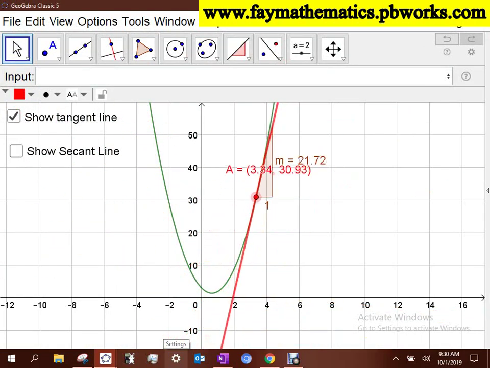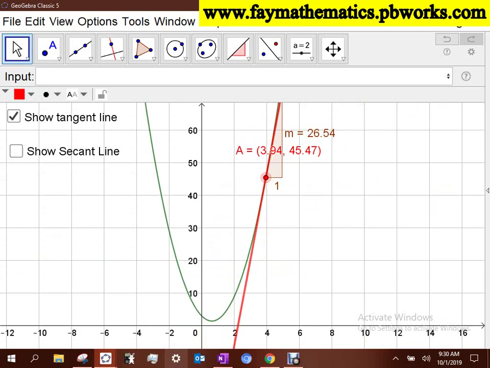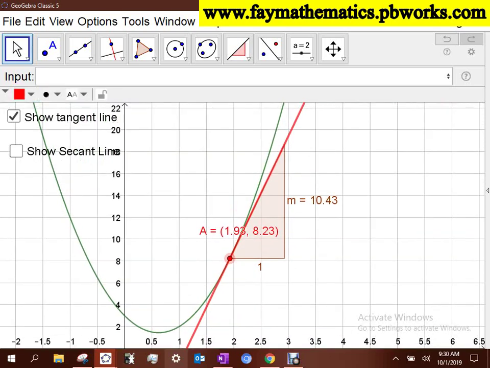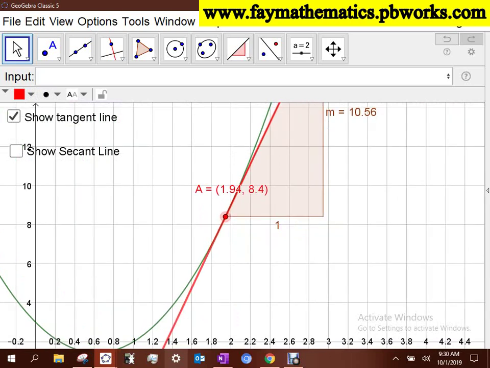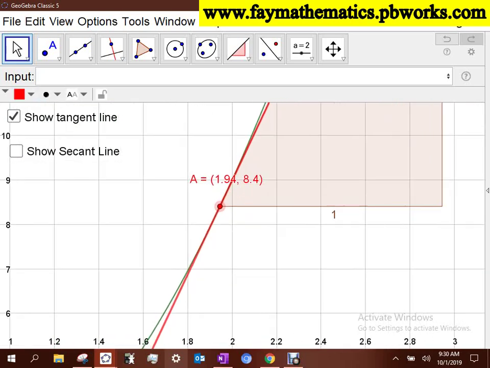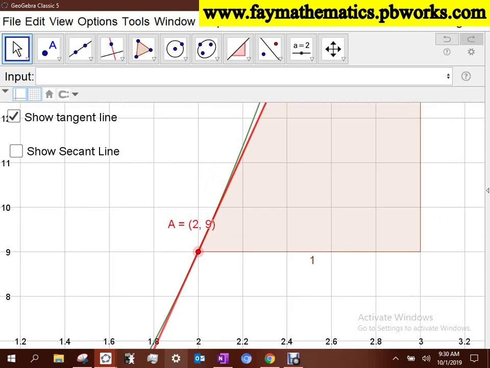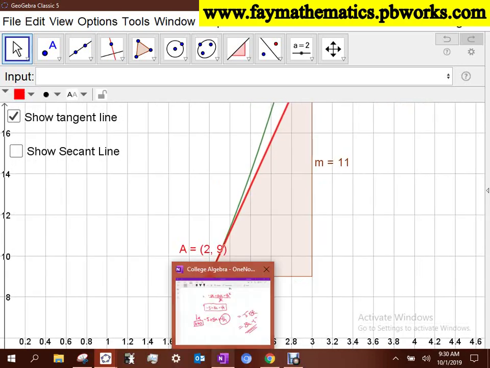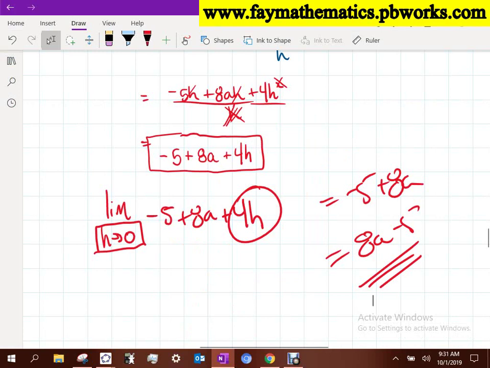Okay, if I'm at 2, if my x value is 2, the slope over here says 11. We'll plug in 2 to this thing. What's 8 times 2 minus 5? 11. Okay, so when we're doing this process here,